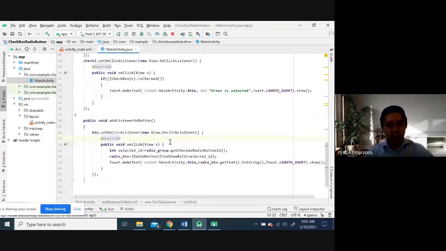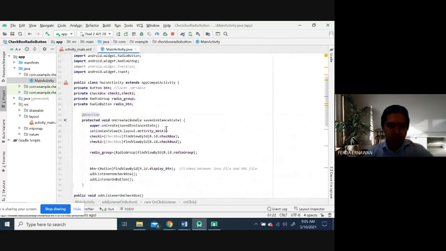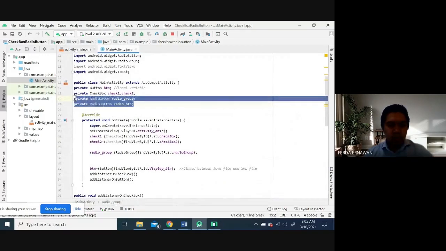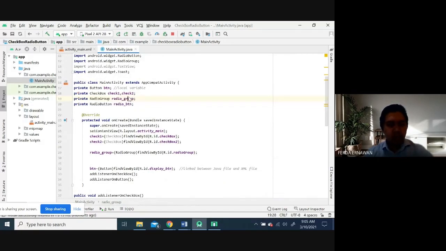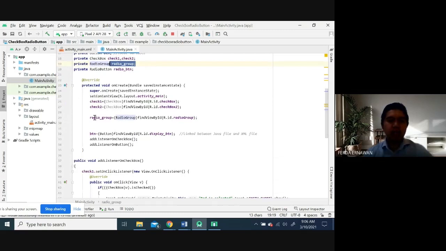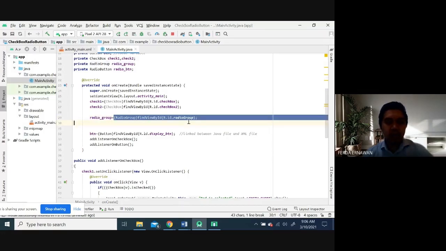Okay, great. Let me explain it to you. Number one, you need to declare, right? Two types, radio group and radio button. Okay, radio button should be put inside the radio group. Okay. And then for the link, you only need one link, okay, which is the radio group. Okay. Because the user only can choose one, okay, either one of the radio button. So you only need link one only, which is the radio group. Okay. After that,